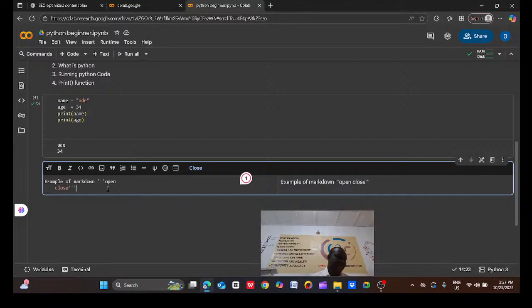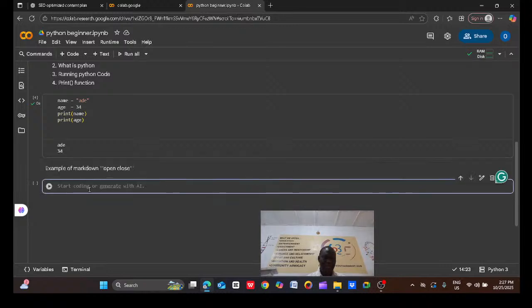That is a markdown. So, for example, let's say you are writing this code, starting with this markdown.